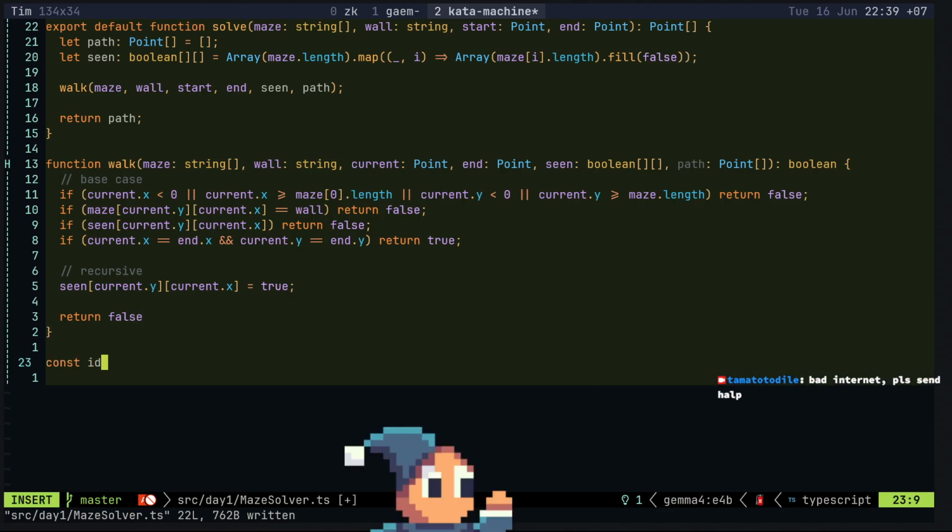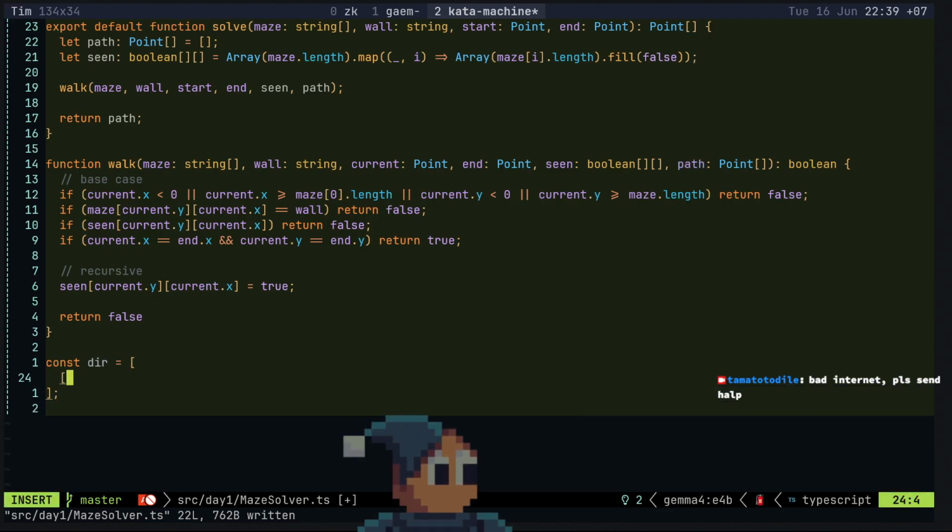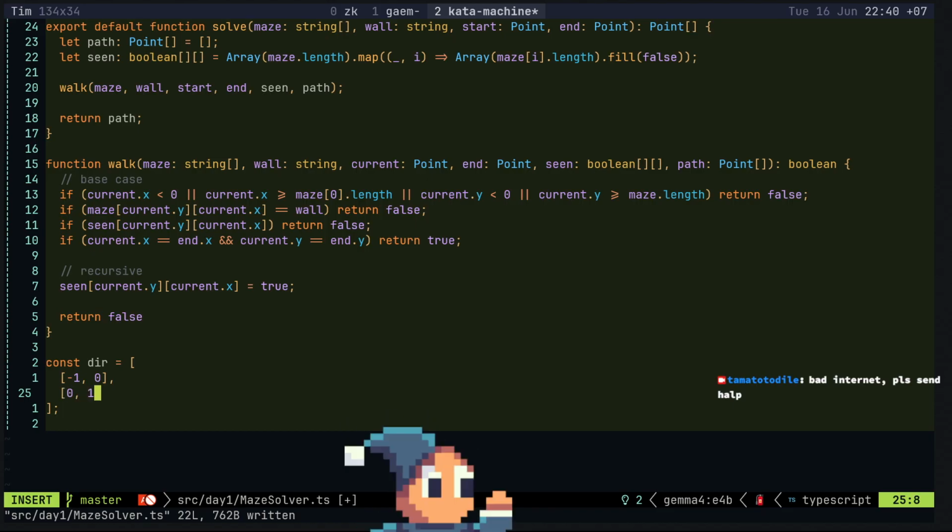Now we do something like this. This is the 4 cardinal directions. And we'll start from left. Left. Up.